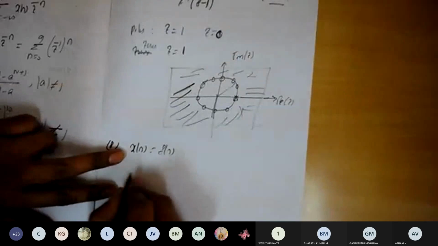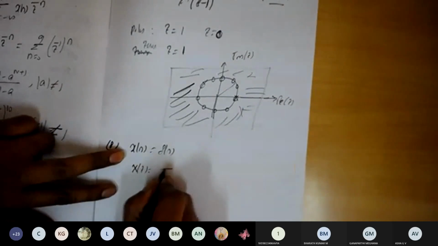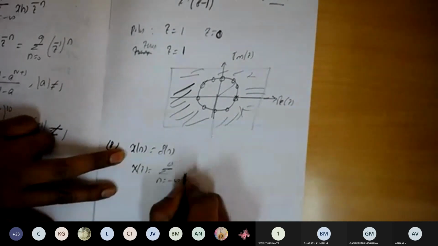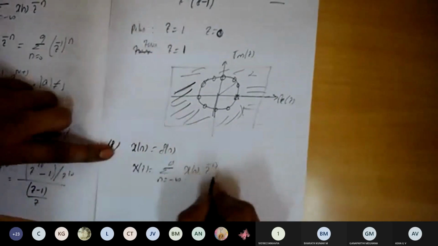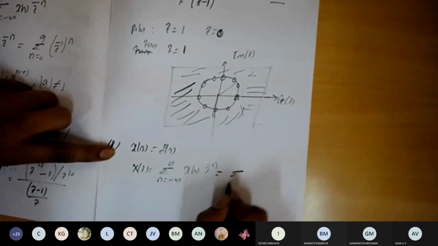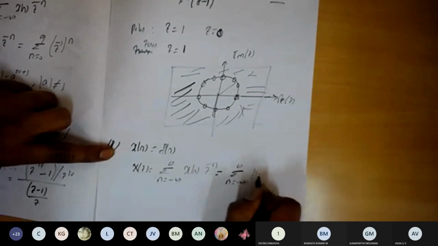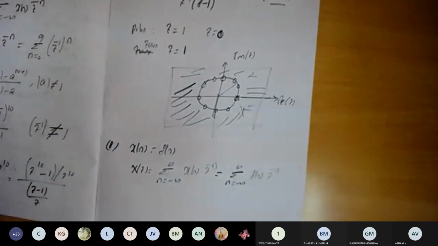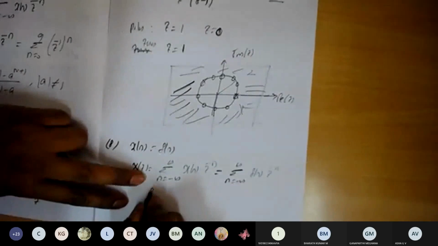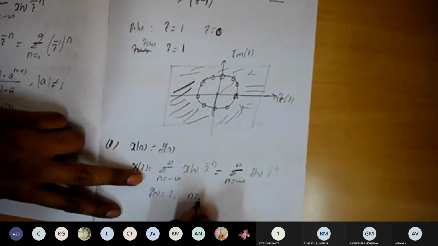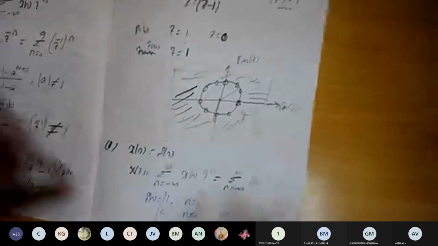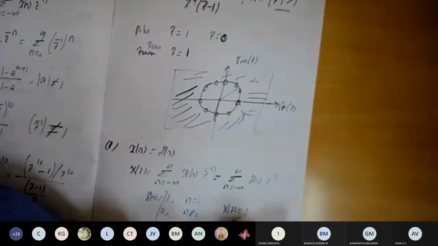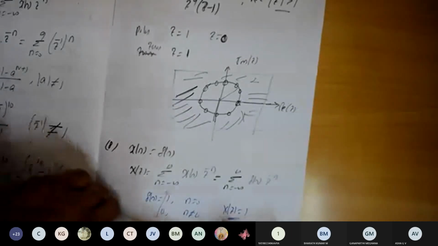We will consider the Z transform here, so that X of z is equal to summation n is equal to minus infinity to plus infinity x of n into z to the power of minus n. In place of x of n, let us substitute delta of n: summation delta of n into z to the power of minus n. We know that delta of n is 1 at n is equal to 0, and 0 for n not equal to 0. So X of z will become equal to 1.